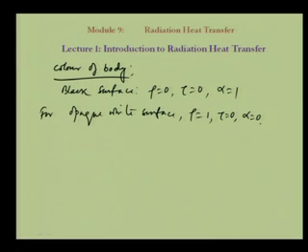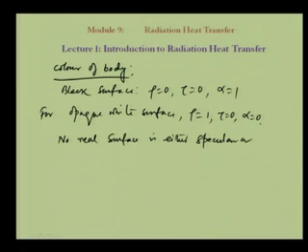diffuse, all the incident radiations are reflected in all the directions uniformly, and that reflection is called diffuse reflection. And we can understand from these concepts that no real surface is either specular or diffuse surface. Okay. And now,